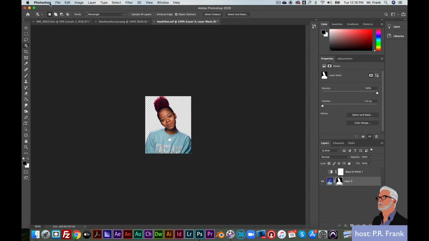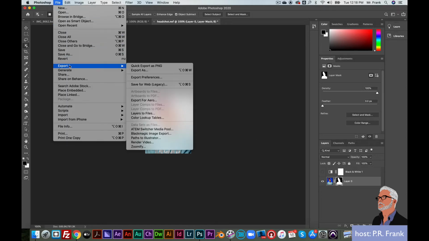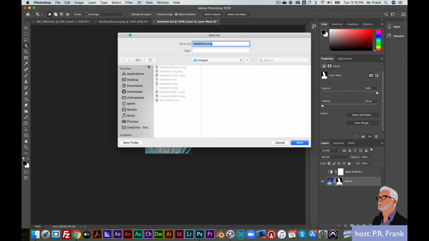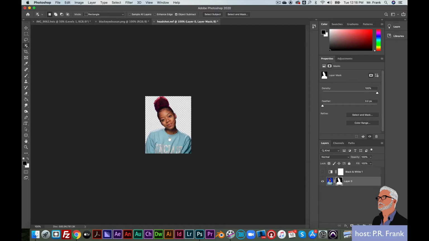So let's do this also as a Quick Export as PNG, because PNG holds transparency, and let's call it Headshot Transparent. So now you've got a lot of tools at your disposal, and you've got a lot of pictures ready for the web. Next, we're going to go into Brackets and Dreamweaver to show you how you can use these images